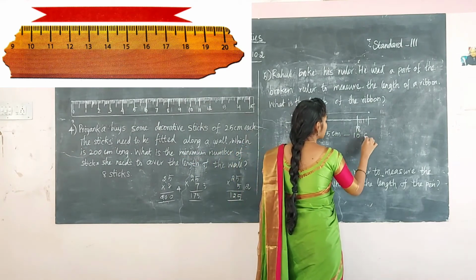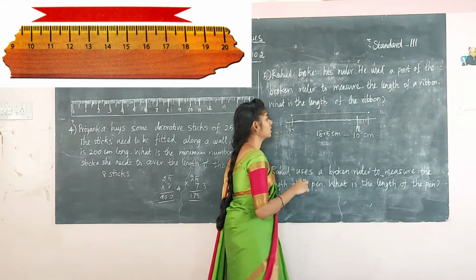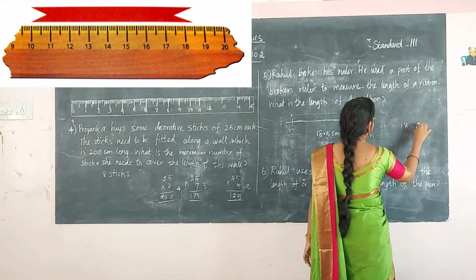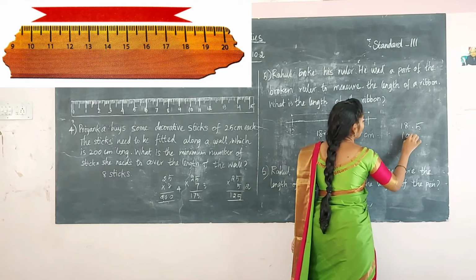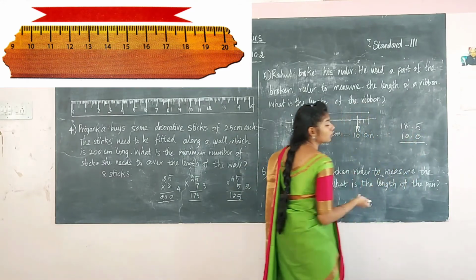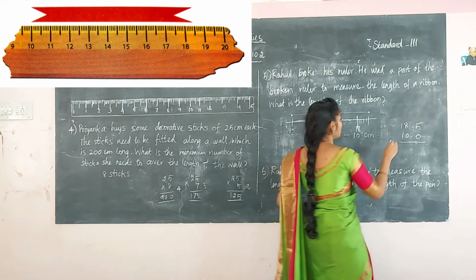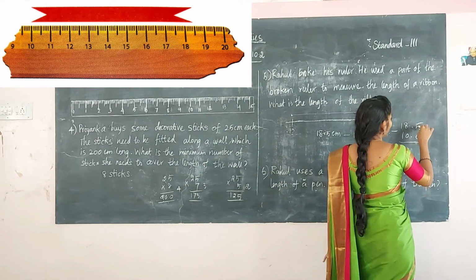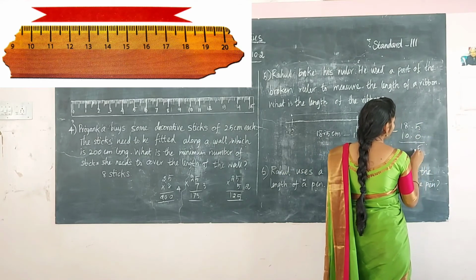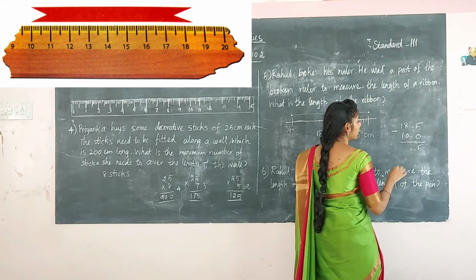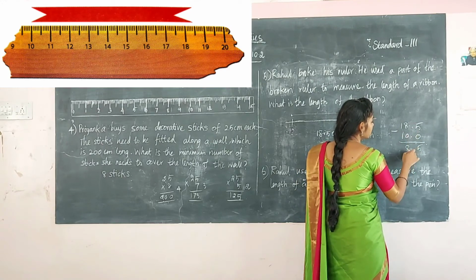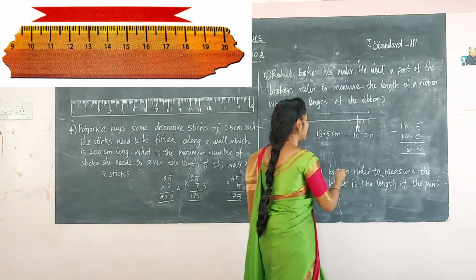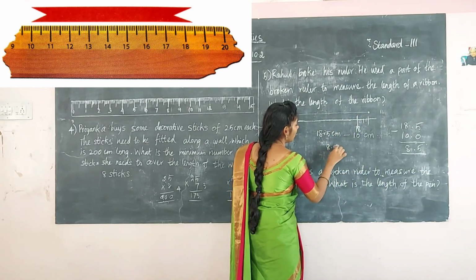18.5 minus 10 centimeter, so first write 18.5 and then 10.0. 10.0 is equal to 10 only. Now subtract these two numbers, you will get the answer as 8.5. First here 5 minus 0 is 5 and keep the point, and here 8 minus 0 is 8. 1 minus 1 is 0. You should not start the number with 0. So the answer is 8.5 centimeter.